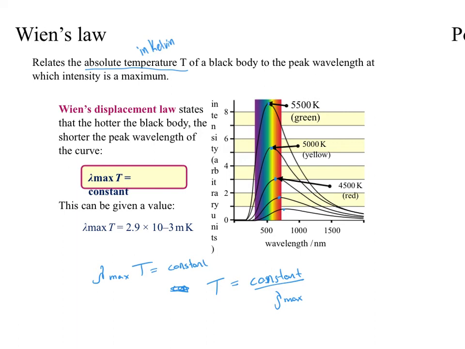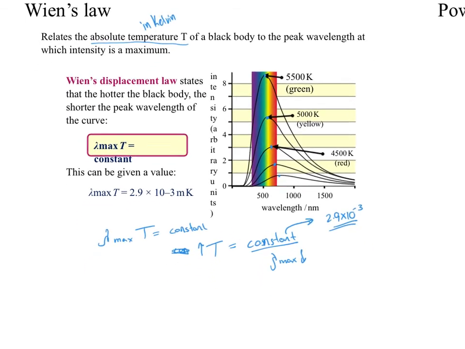So as the temperature increases, the wavelength at the peak intensity decreases. This is a fixed constant equal to 2.9 times 10 to the minus 3. However, you don't need to remember this because